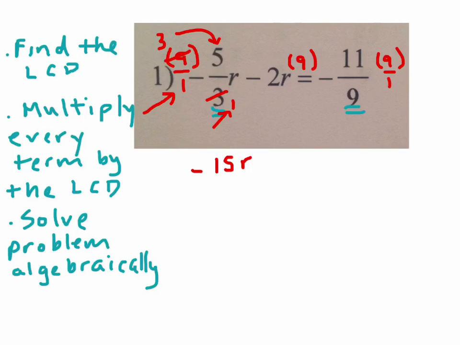So it's 15r minus, and over here we have 9 times 2r, so it's minus 18r